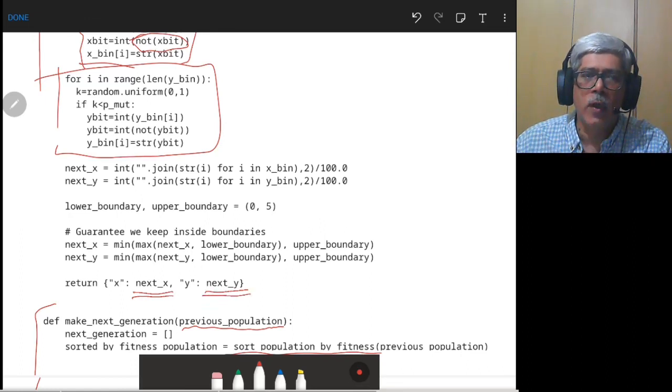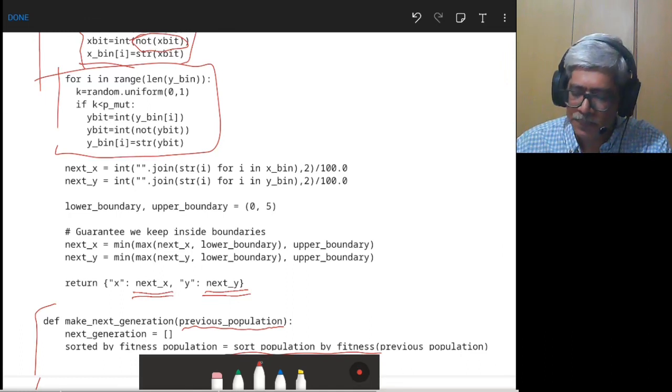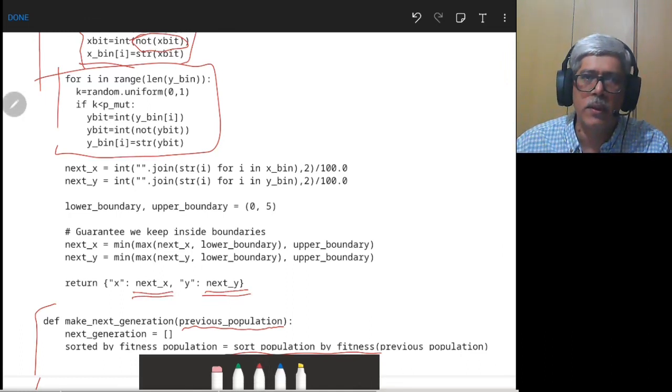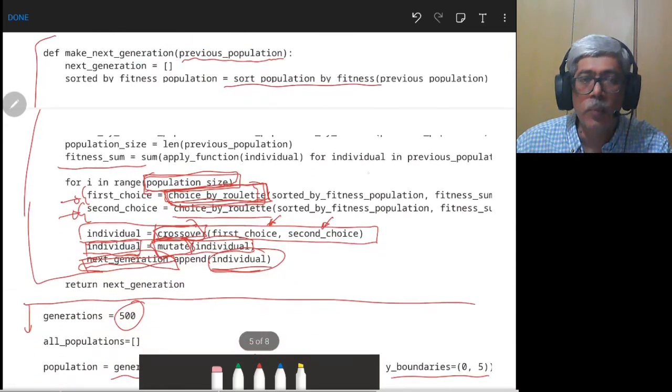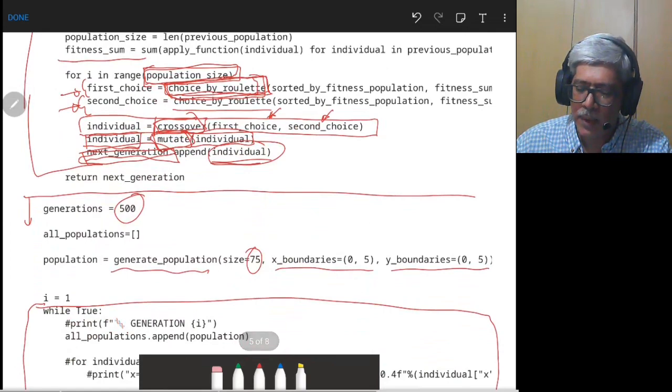So this process of reproduction, crossover, and mutation is done for each of the population members, or from the mating pool it will be done, and you will finally get the new population. So the next generation will be formed.